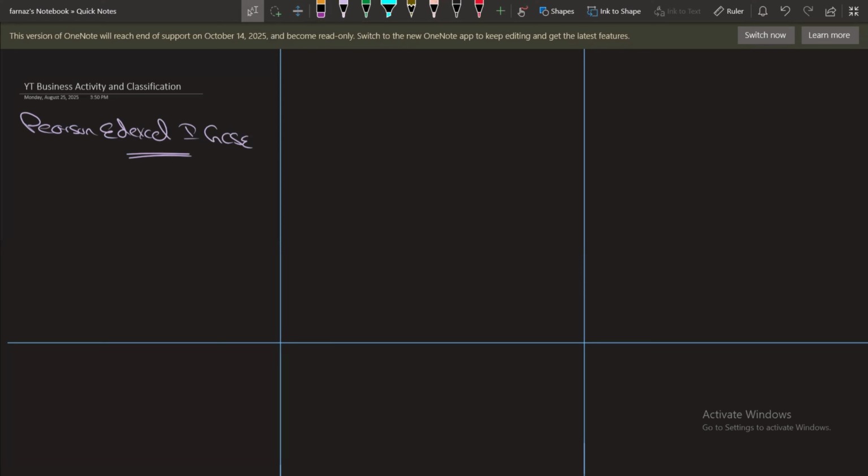Now, our first chapter, if you open your book, business activity will be chapter 7, but I have combined both the chapters. If you look into my previous video, you will know why I combine chapters and what are the contents and sequences that I follow. So according to me, business activity and classification is chapter 1. In your book, business classification is chapter 7 and business activity is chapter 1. Anyways, let's begin and let's make it as simple as possible.